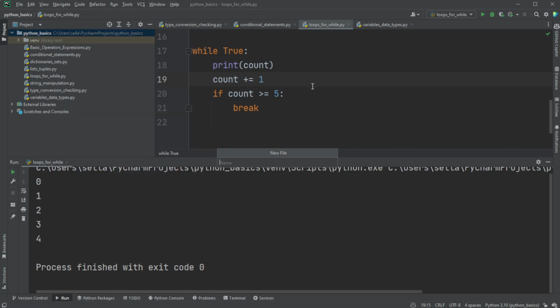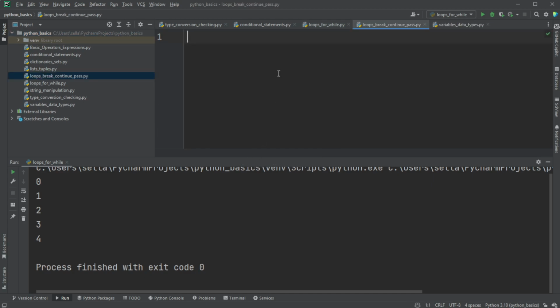So if we first create a new file, and we'll do loops_break_continue_pass.py. We'll give ourselves a title. Great, so the first thing we will look at is